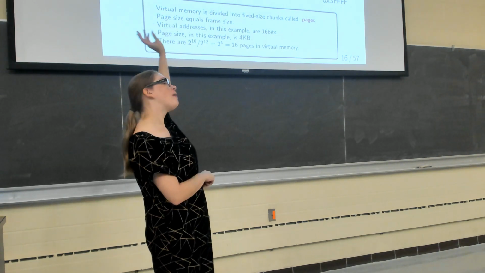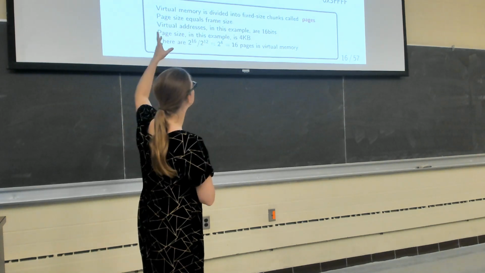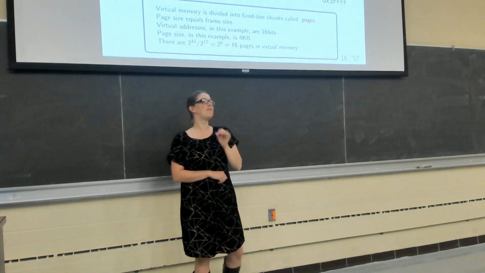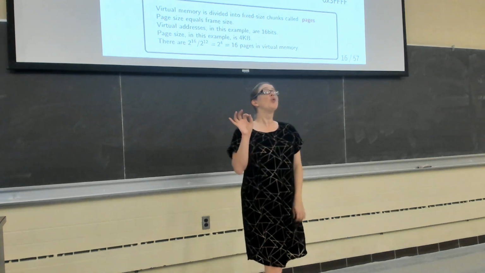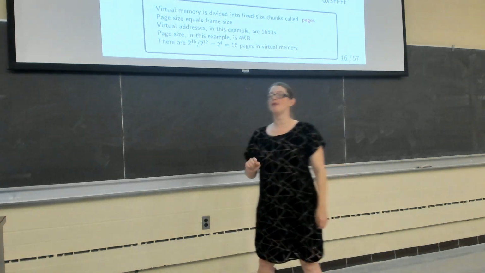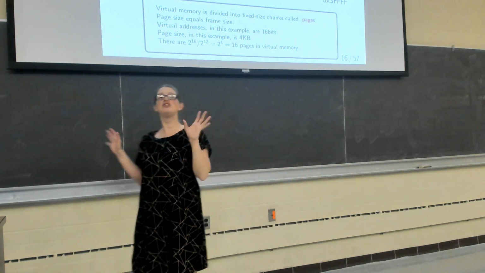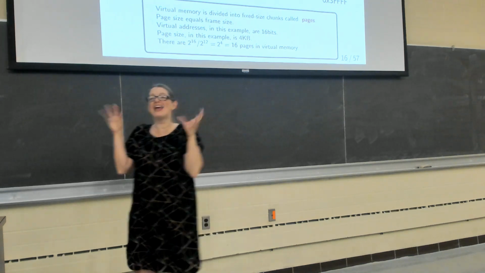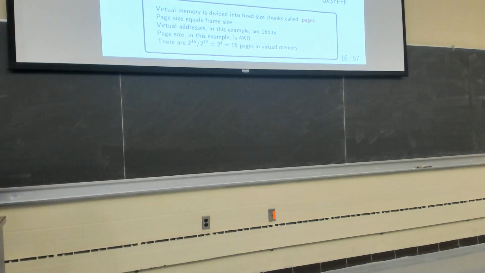So the number of pages of virtual memory we have is 2 to the 16 divided by 2 to the 12, which gives me 16 pages of virtual memory. We do not have to use all of them. That is just the maximum number of pages there could be. So what do we do now? So we've divided logically both physical memory and virtual memory into these equal sized pages. And now what we get to do